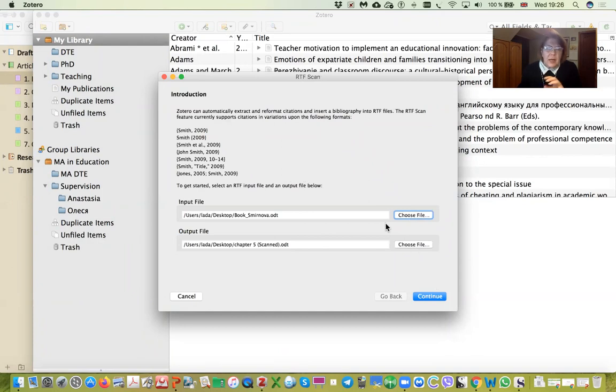It normally gives me some options. So I have the introduction here. Okay, so let it be like here. Then I show where the scanned file should be, and normally it has this scanned function in it. And then you choose continue,